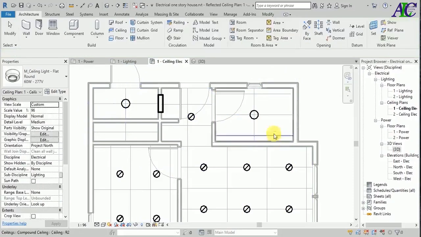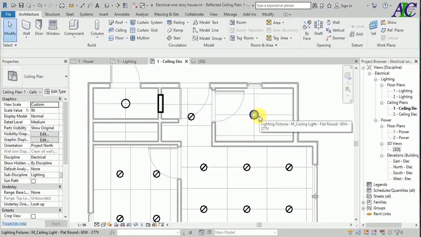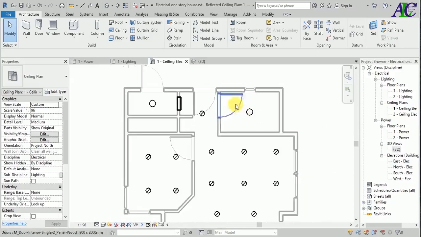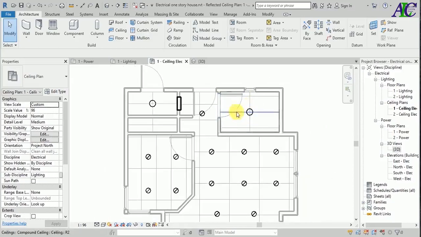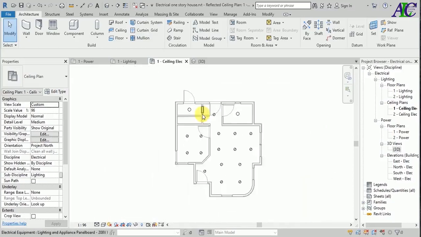I didn't use a waterproof one because I don't have waterproof in my family. That's why I use this kind of light. If you have a waterproof light in your family, you have to use waterproof in the bathroom. Okay, and now for the outside,